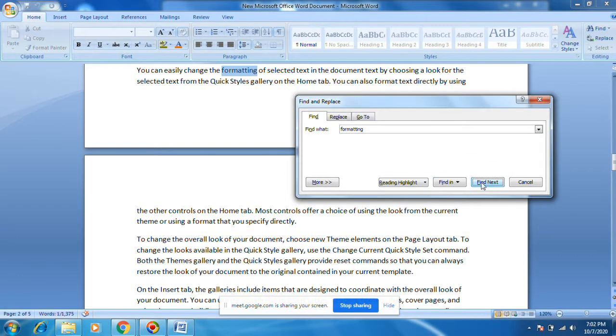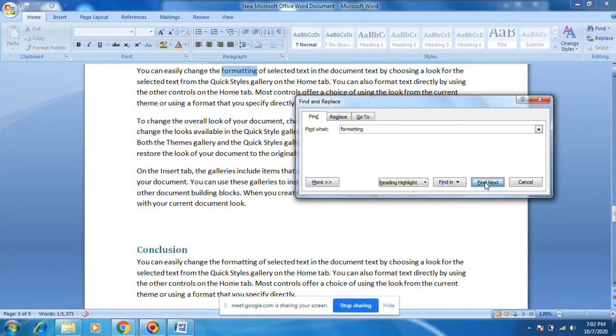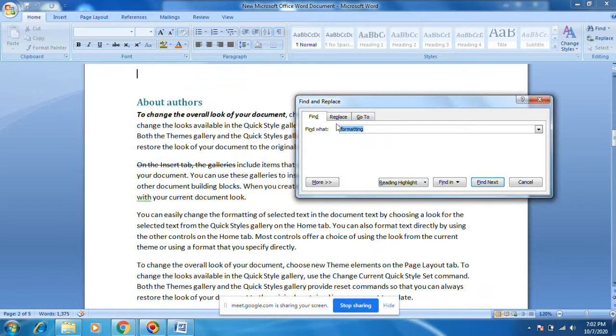It is there, it is here. Okay, you can do Find Next. You finished the searching. Okay, Replace: instead of formatting I want to replace it with another word.